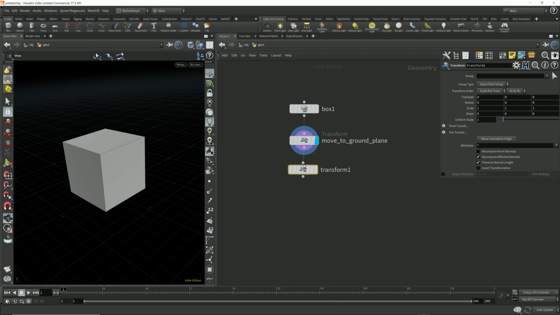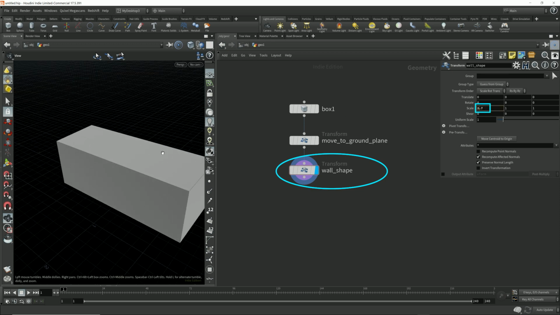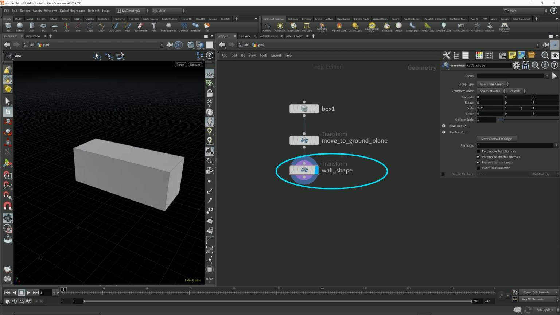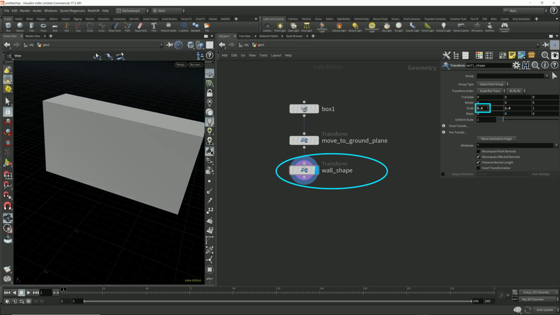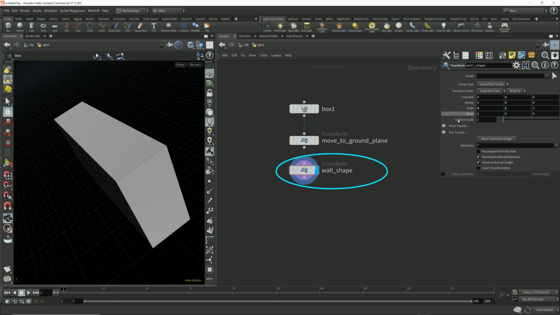I'm gonna start making the general shape of the wall. Let's try this. Let's pull it out. Okay, and then I want it higher. Okay, I want this more wider, around there. So let's say 4 by 2, a 4 by 2 wall. And I want it thinner. I don't want the wall that thick. So